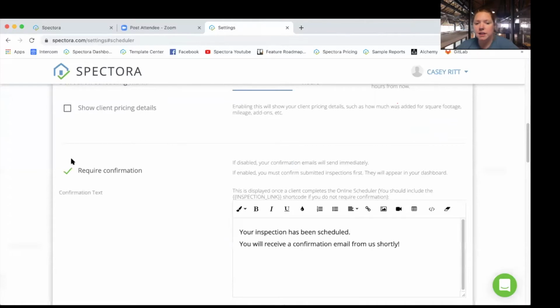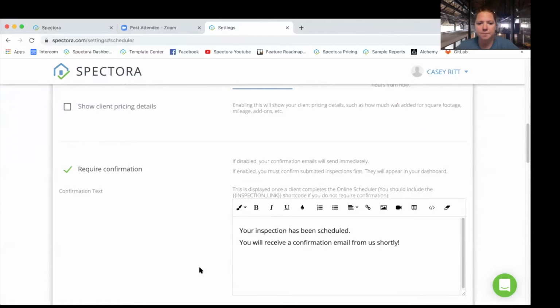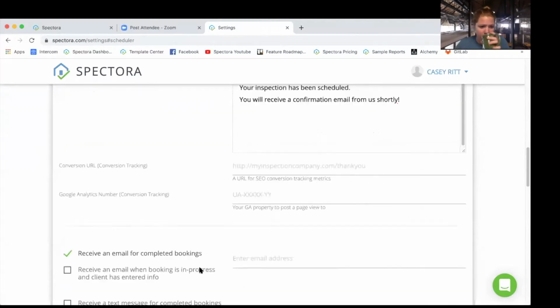Require confirmation, even when you're using the online scheduler that gives them that calendar and it checks your availability back and forth, you can still require confirmation where they get to set a time and a date, but you get the ultimate yes and can change fees and structures and things like that before it actually becomes a real full scheduled inspection. I see a lot of people with this require confirmation up here. And then if I scroll down,